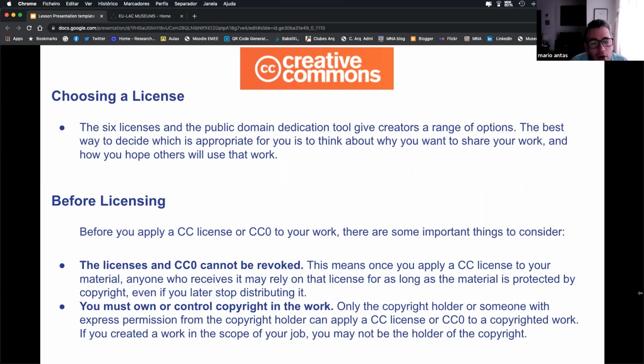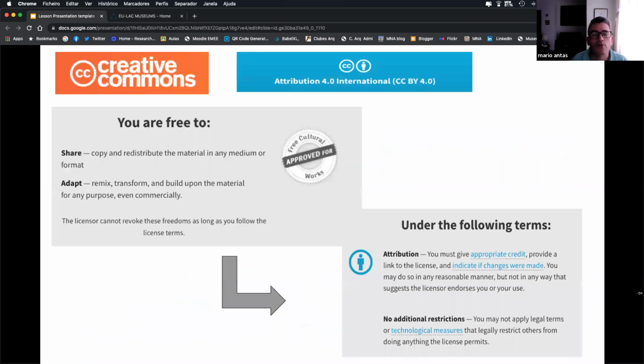Second, you must own or control the copyright in your work, which means that if you are trying to license a work, you have to have control of all the images and all the materials that you produced before. So these 2 questions are very important when we talk about licensing some work. And of course, you are free to share and free to adapt, but you need to pay more attention to the terms, especially the terms of attribution